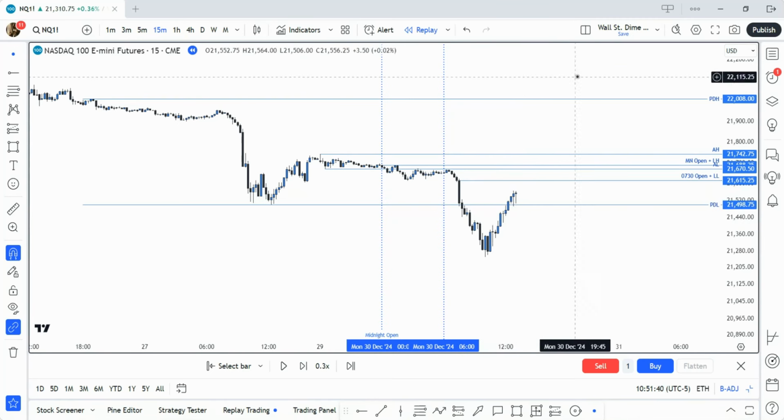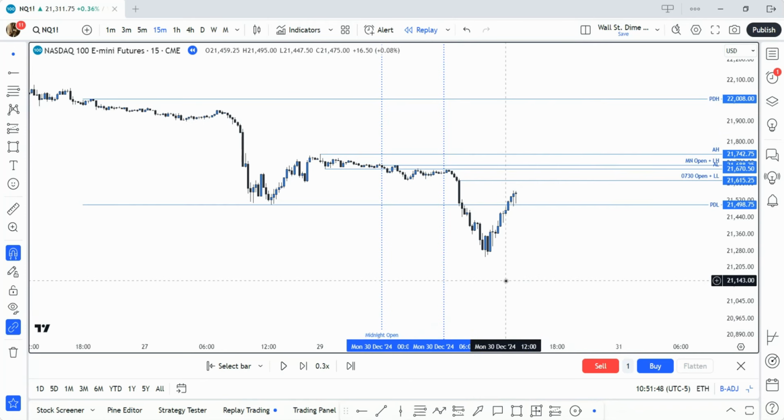And if the price is above the midnight open, and you're looking to short, you're catching it at a discount. So for me, with this trade here, if I were really committed to doing this trade today, or on Monday,